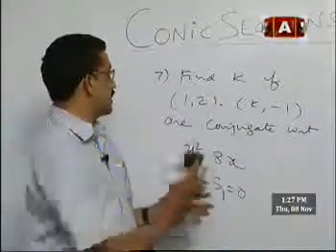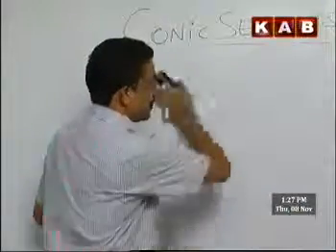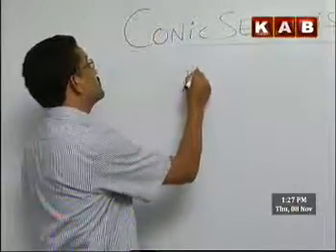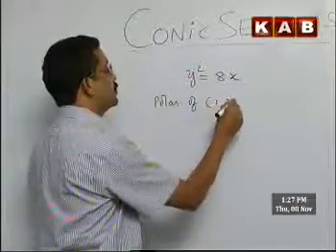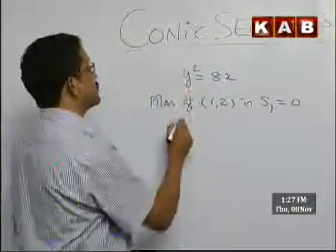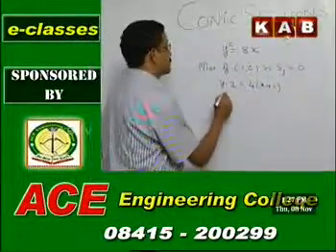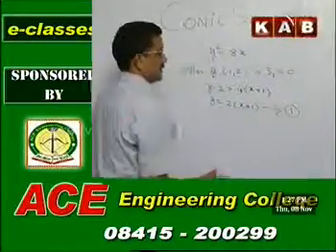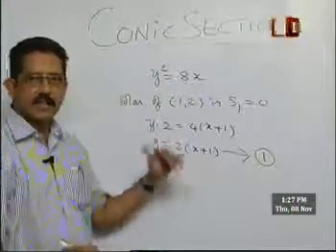Let us see. I am putting it step by step. For your clarity, I am putting all the steps once again. Given parabola is y square is equal to 8x. Polar of (1, 2) is S1 is equal to 0. So S1 is equal to 0 means y into 2 is equal to 4 into (x plus 1). Leave it here only, don't simplify it. y is equal to 2 into (x plus 1). This is the polar. I will call it 1. Don't again multiply and arrange everything. It's enough to keep it in this manner only.